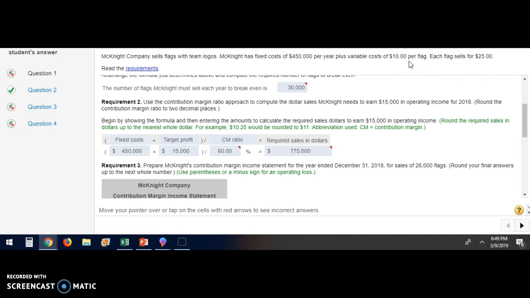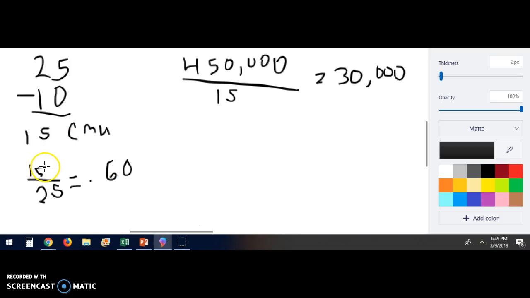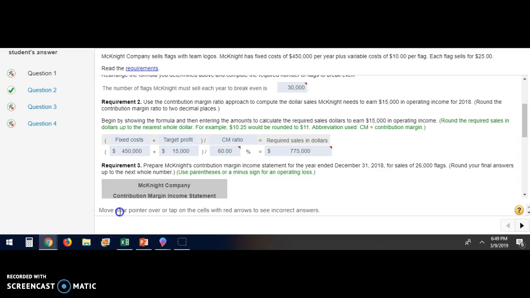So that was $15. And then the contribution margin ratio was the $15 per unit divided by the sales price per unit. And that's how we got the 0.60. So we already have that. If you take these two, divide by 0.60, that will give you